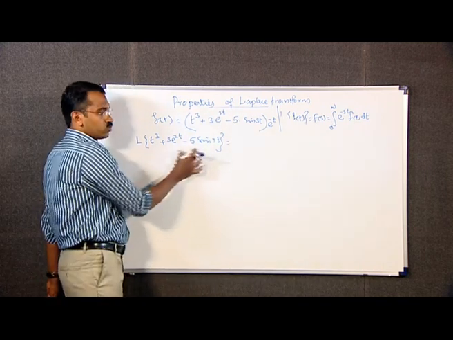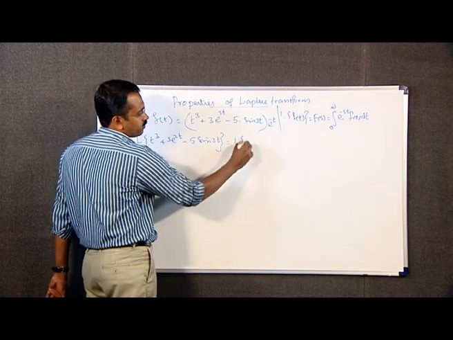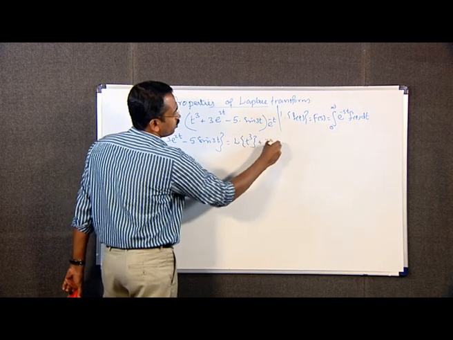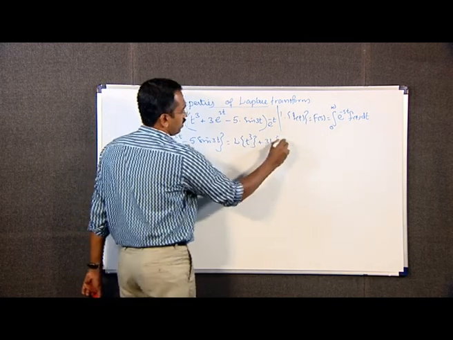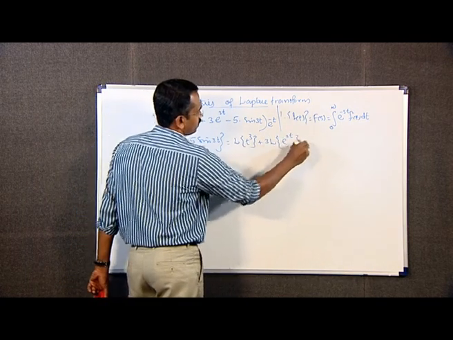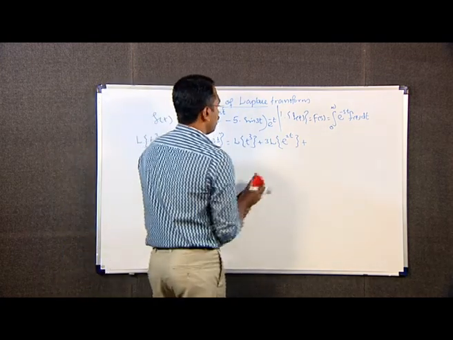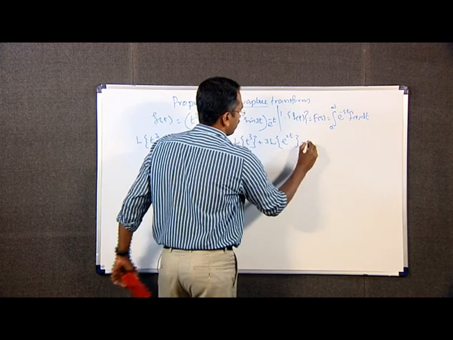Therefore, this is equal to Laplace transform of t cube plus 3 into Laplace transform of e raised to 2t, minus 5 into Laplace transform of sin 3t,